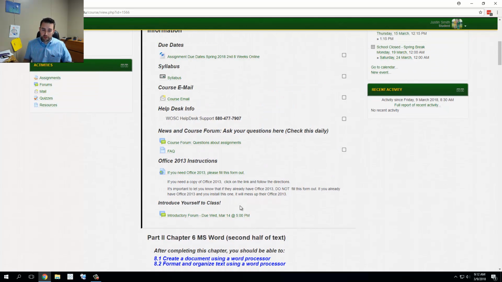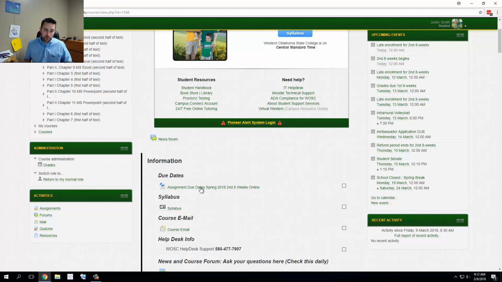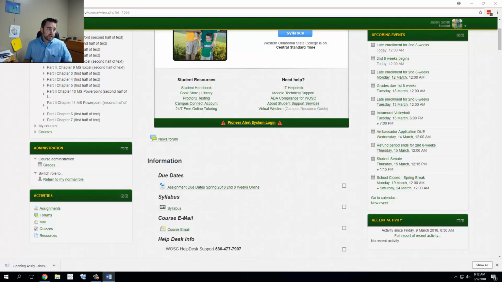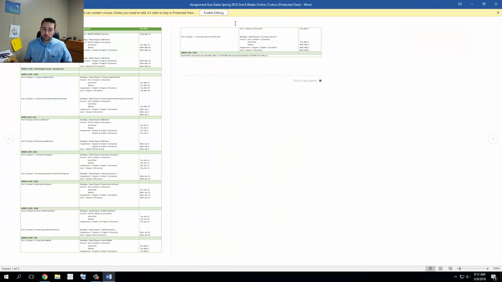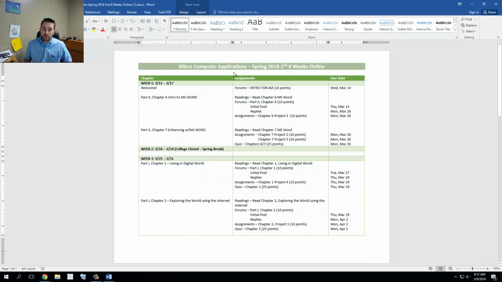Before we get started on the introductory forum, I wanted to show you the due date schedule. If for any reason this does change, I'll let you know and post an announcement, but you'll see we're broken out by week with chapters. Notice week 2, I'm considering next week the start of week 1. Today is just the first day of class, but the first solid week is next week. Then the next week is spring break, so you won't have anything due. That also lets you have extra time for chapter 6 and chapter 7,